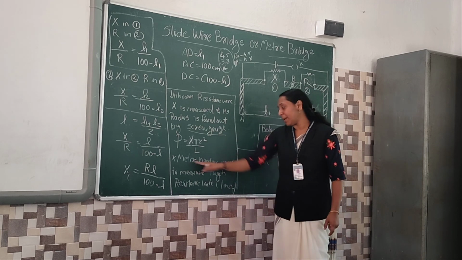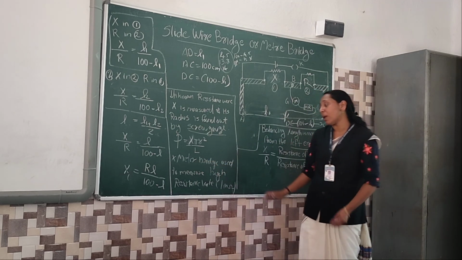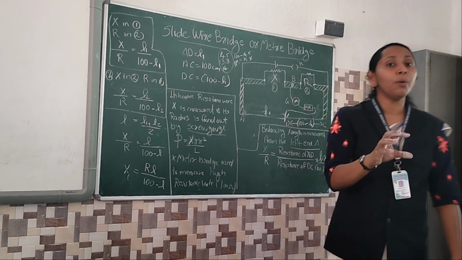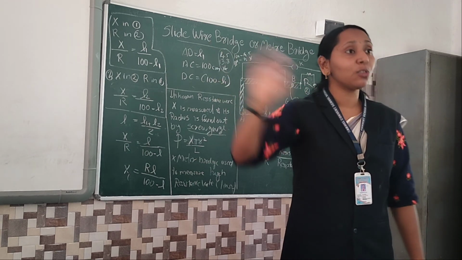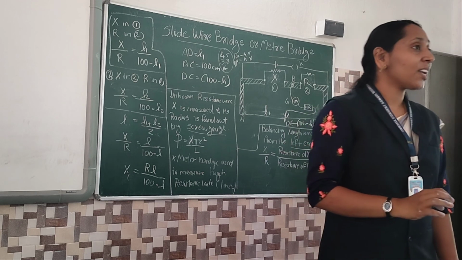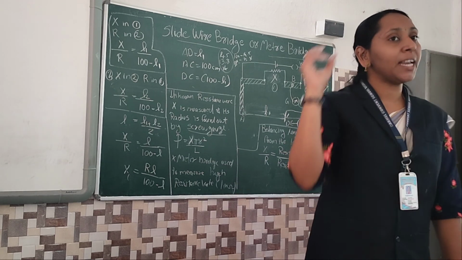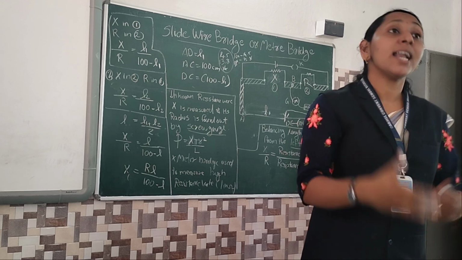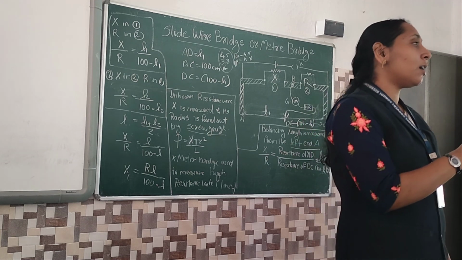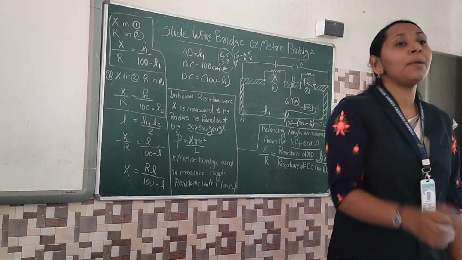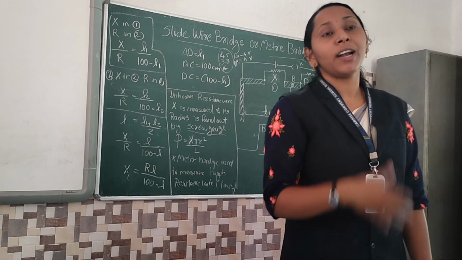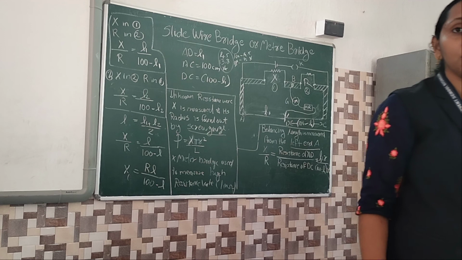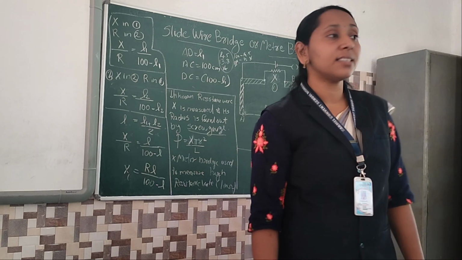Then the meter bridge is only used for high resistance value. Unknown resistance का value मेगा ohms में है तो meter bridge अच्छा है. Okay, smaller resistance meter bridge में डालते हैं तो meter bridge is not working. Maybe answer मिलेगा but in a very unpredictable answers will be coming out. Okay, so what is the main use of the meter bridge? To find out high resistance values in the case of unknown resistors.